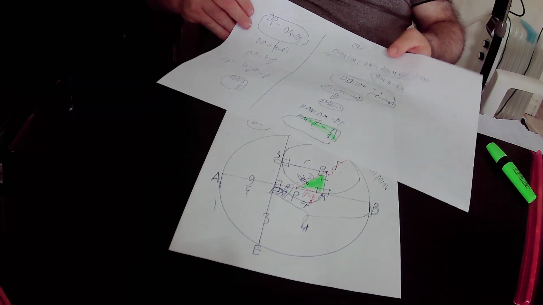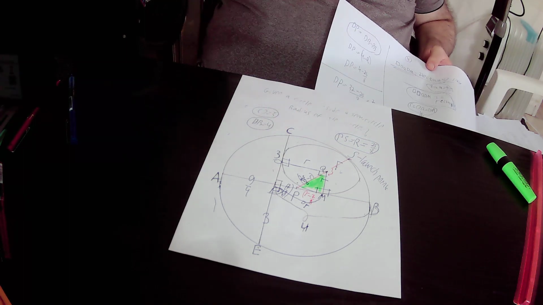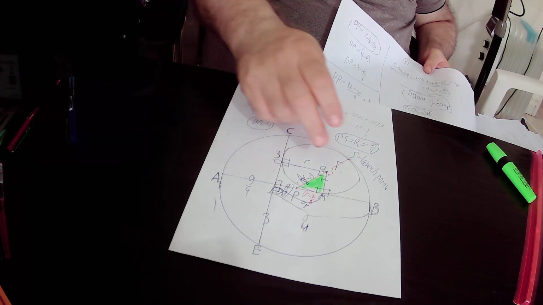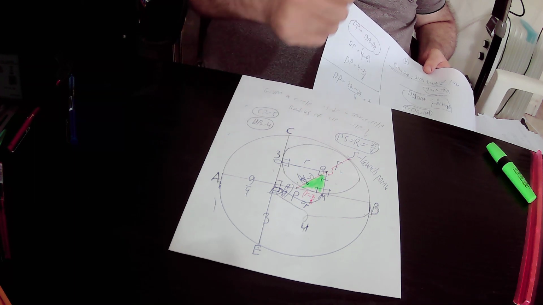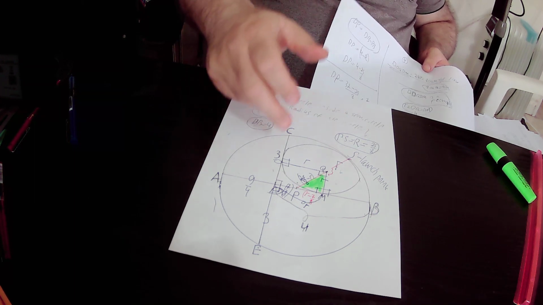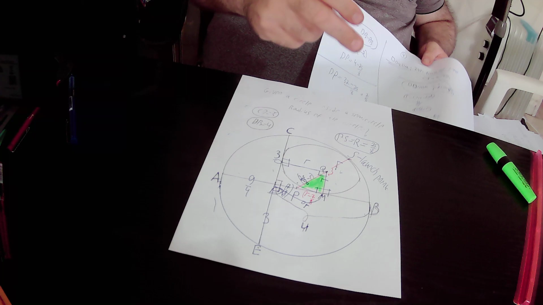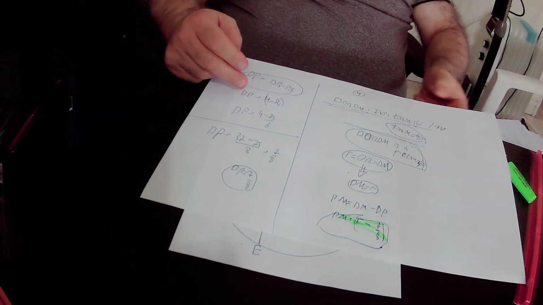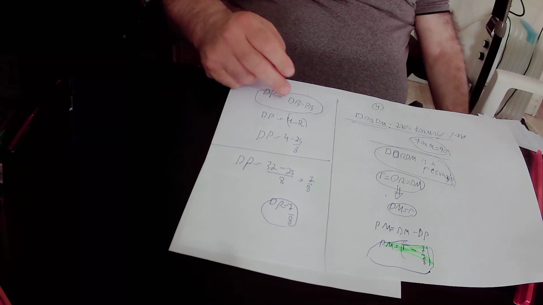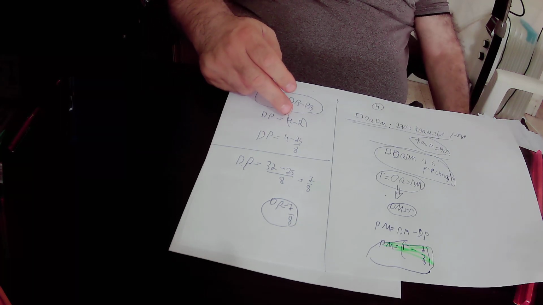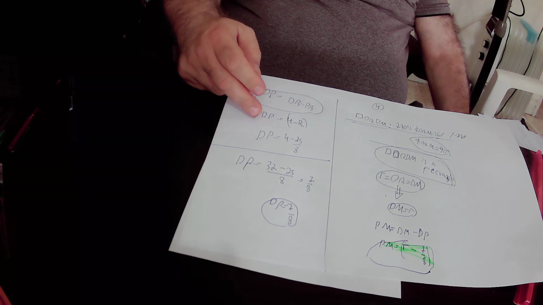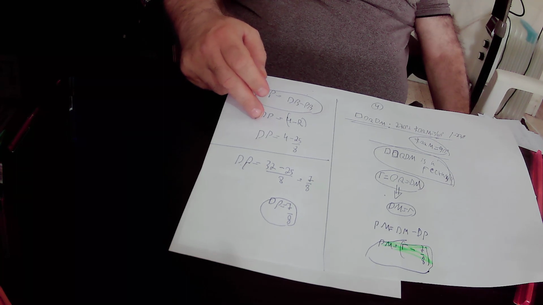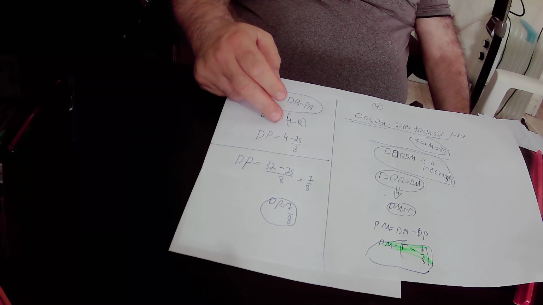And what is the definition of line segment PB? P is the center of the big circle. P is the point of the big circle itself. This is the definition of a radius. So PB is the radius of the big circle that is equal to capital R. So we substituted PB by capital R. And we have already found out that capital R equals 25 over 8. So we can substitute capital R by 25 over 8. So in conclusion, the length of the short line segment DP equals 4 minus